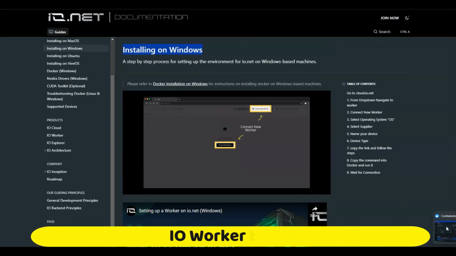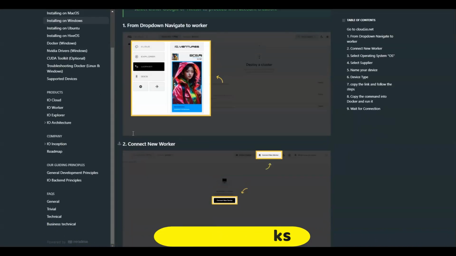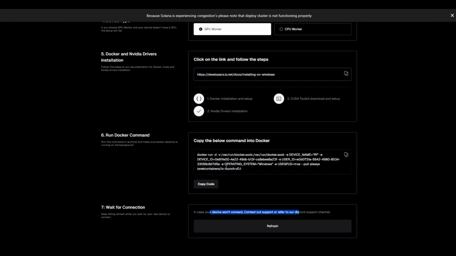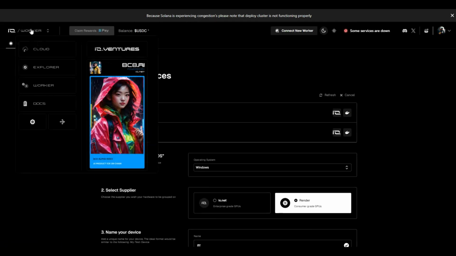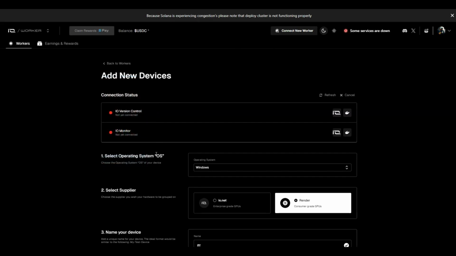the Docker app, and you have to go to this website, and you've got the step-by-step guide as well here. I'll put the link to that, which you can also find on this website. So on this website you might go to the main page, or you're going to end up here. On the top corner you click on the worker, and once you click on the worker, you click on connect new worker here, and you can add new devices,